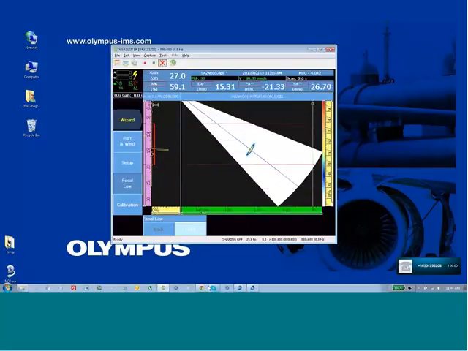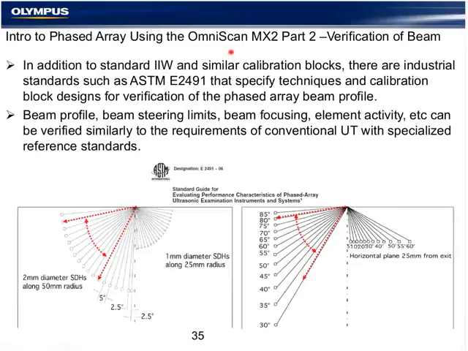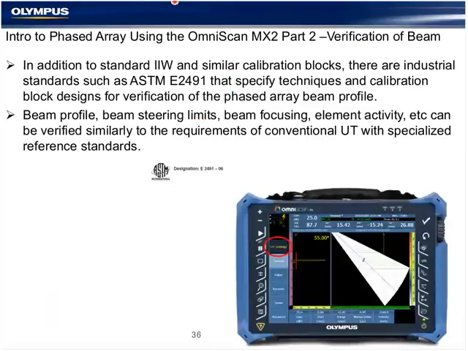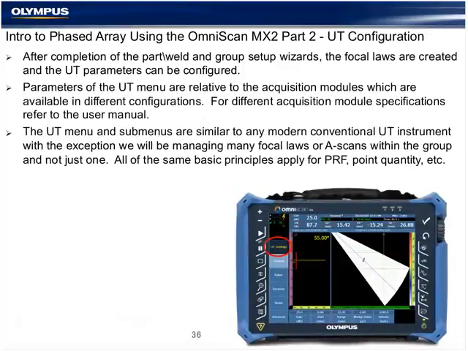So we've created our sector scan group using the 3 parts of the wizard setup. We'll go back to the PowerPoint for a moment. So after the basic phased array setup, we're going to do a little UT configuration and then look at manipulating